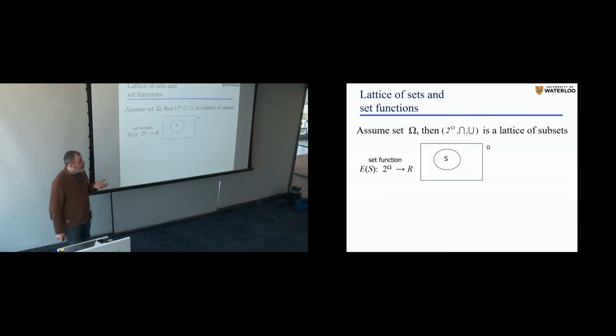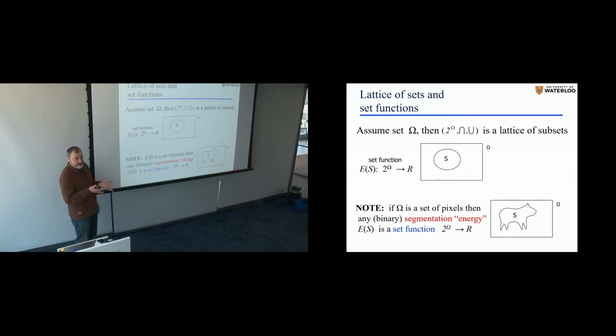So where did it all start? I mean, actually, what are set functions? So I mean, you have a set and subset of it with a subset of it in a union intersection operation. So it's a lattice of sets. And well, a set function is basically a mapping from the power set to real numbers. From any subset to real, for any subset, it gives you a real number. We can think about this as an objective function. In the context of segmentation, it's directly relevant.